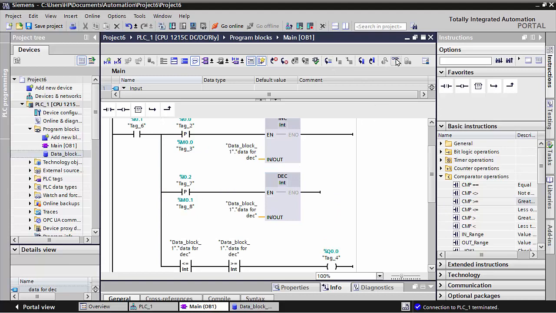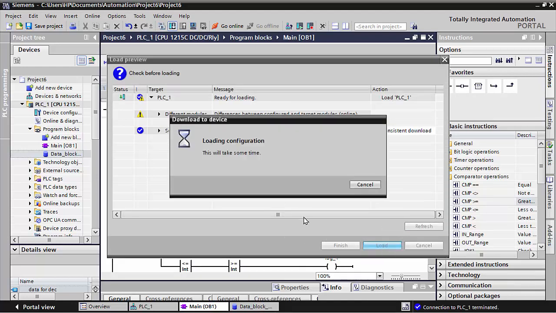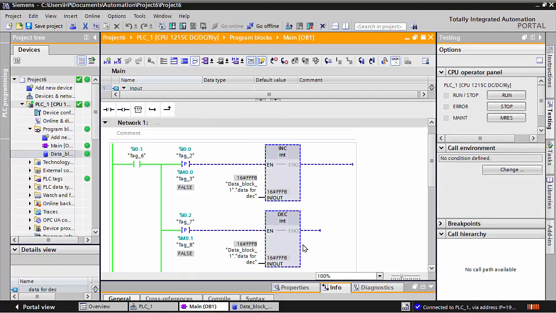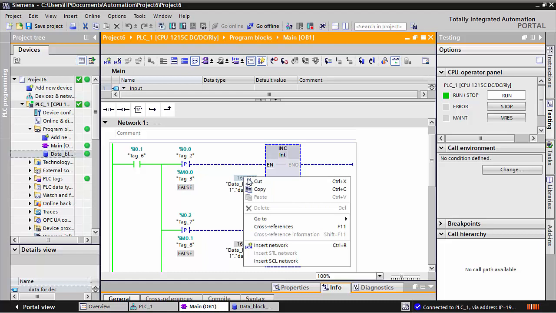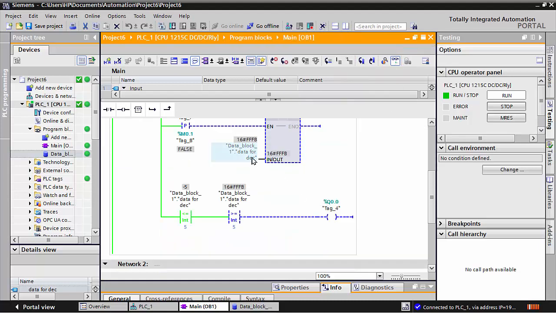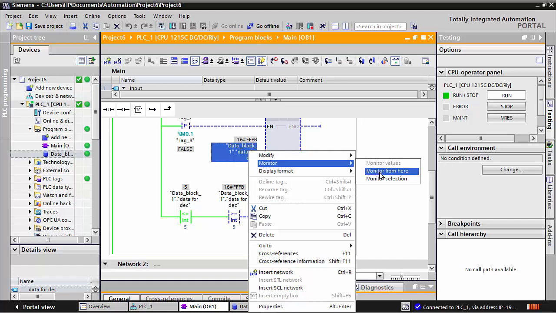that will be. Download the program inside the PLC, and then click load. And make the simulation on. I will put the format in decimal, after which you understand about that. So decimal,